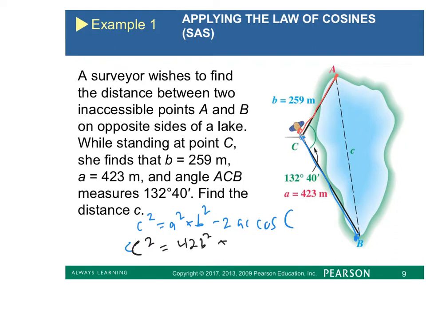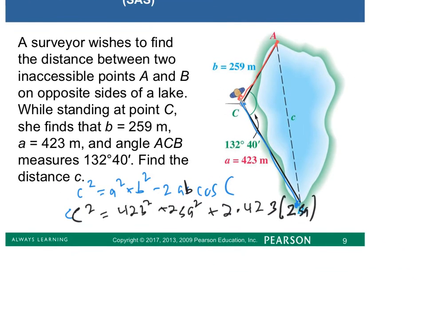And B was equal to 259, squared, plus 2 times 423 times 259, times